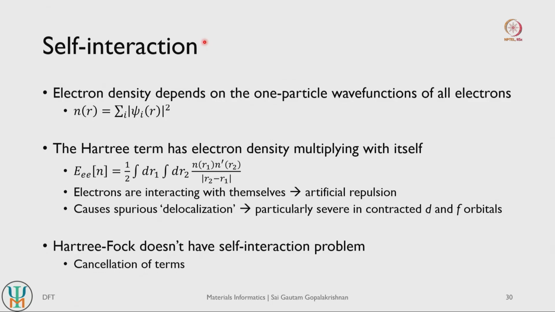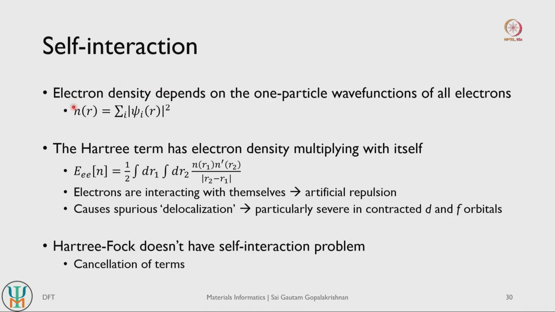So I was referring to the fact that LDA, GGA and SCAN all have problems with correlated systems. So systems like transition metal oxides where you have strong interactions between your d electrons across the transition metal centers. And the problems associated with correlated systems can be traced to what is referred to as self interaction. Let me explain what self interaction is. This self interaction is an issue observed with all density functional theory based exchange correlation functionals. So be it LDA, GGA or meta-GGA, all of these functionals have some amount of self interaction errors. So what is self interaction?